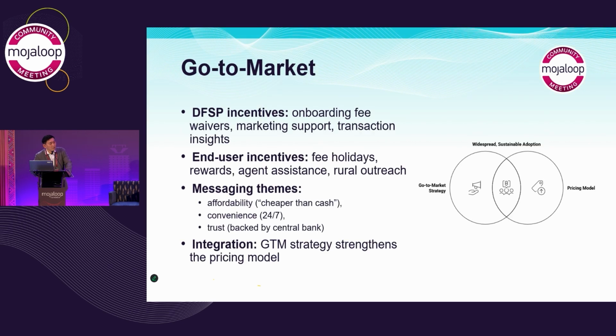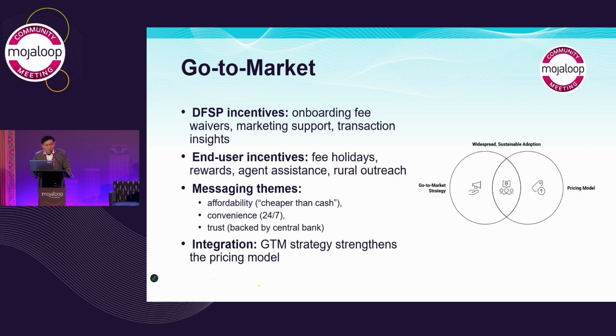Okay. So next is a go-to-market strategy. The pricing model alone is useless. Here in our payments ecosystem, I mean the IIPS system, everything is equally important. Not only technology, we need to have a pricing model, we need to have a go-to-market strategy. Also, we need to develop scheme rules, agreements, many things. They are equally important to launch our system successfully. So the pricing model alone is useless if nobody knows about or uses the system. The model must be integrated with a go-to-market strategy.